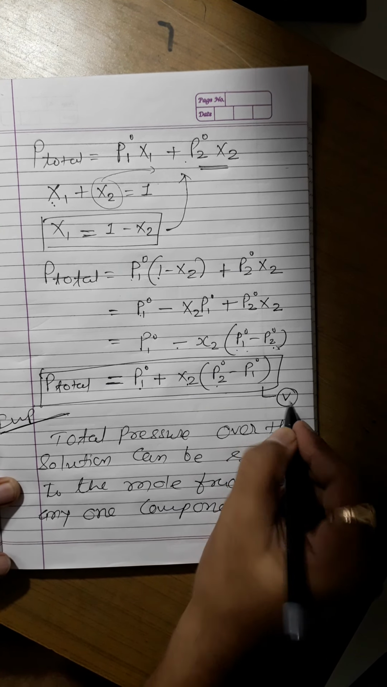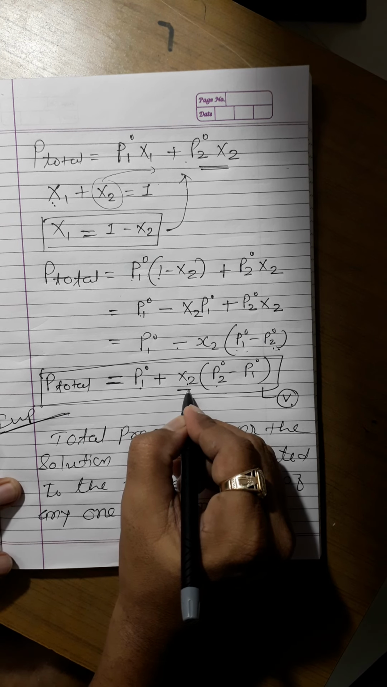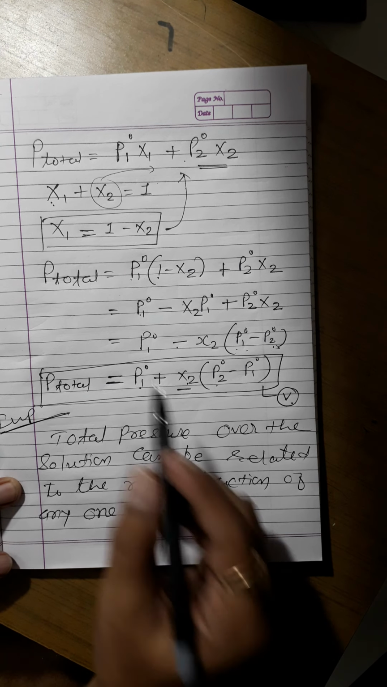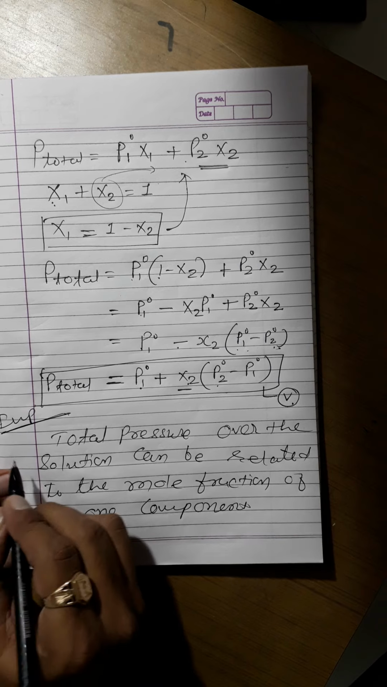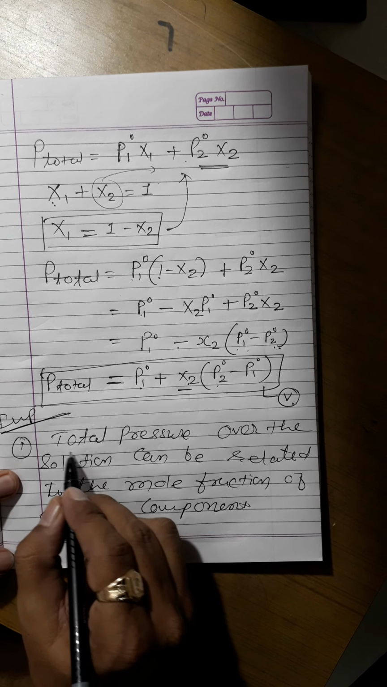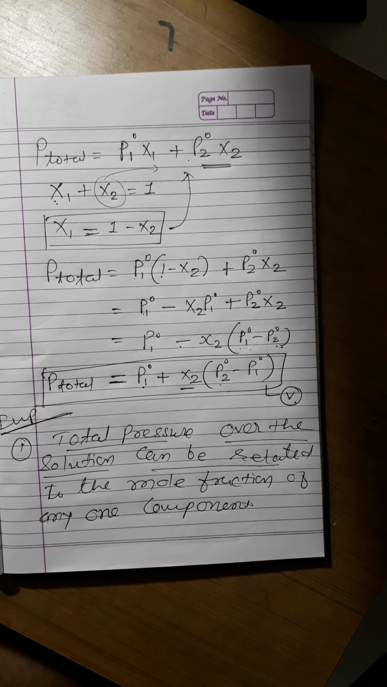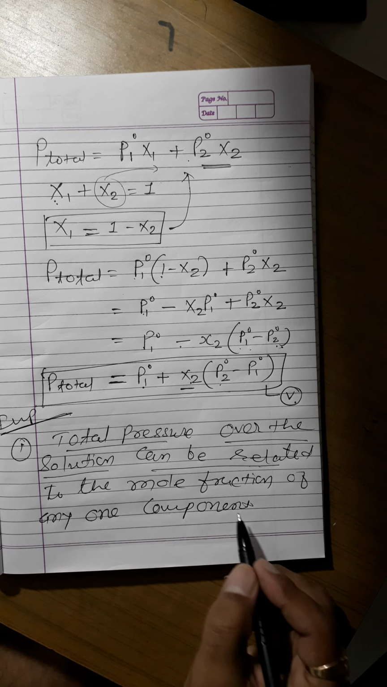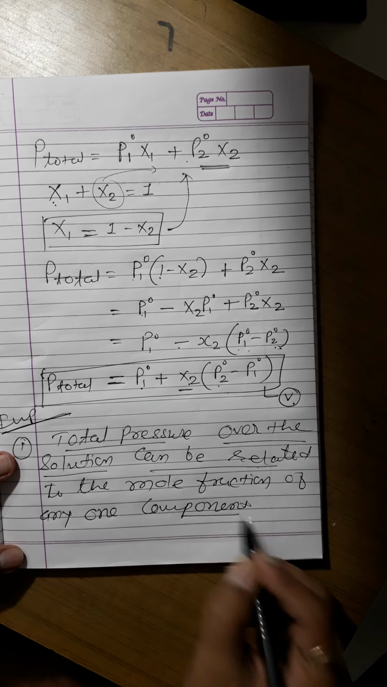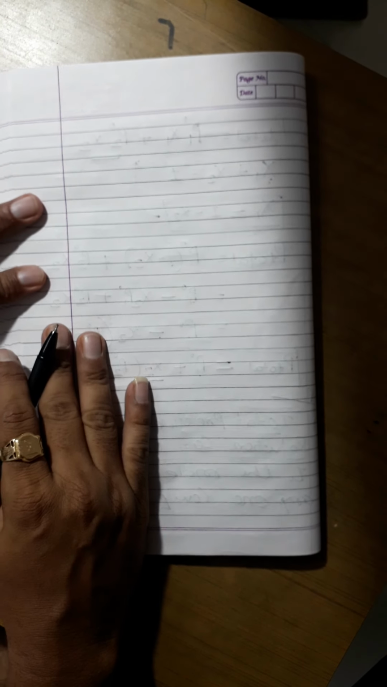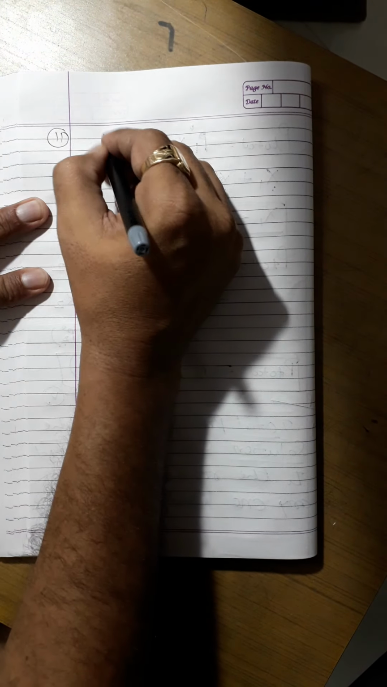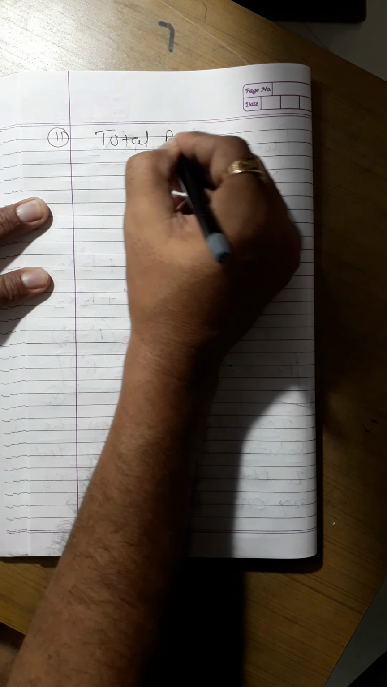In equation 5, only the mole fraction of one component is considered, right? x1 is not here, friends. So this is one term. We can conclude that total pressure over the solution can be related to only one component, and that is one component's mole fraction out of 2. Right, friends? Now let's consider one more thing here, and that is number 2, which we can say is total